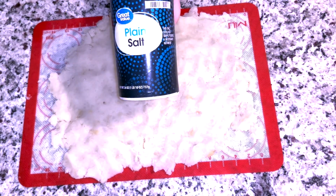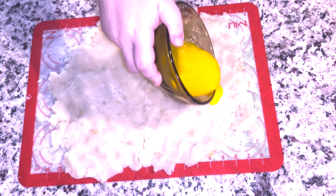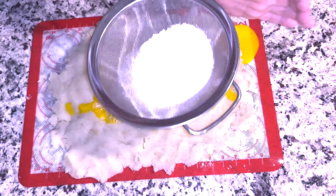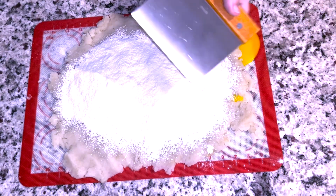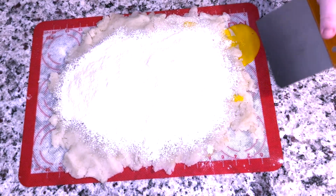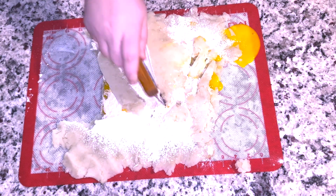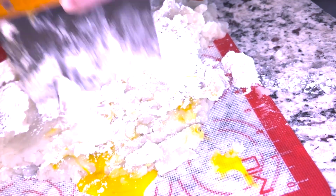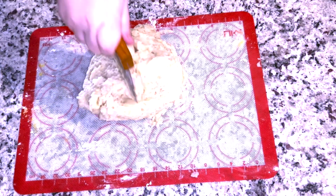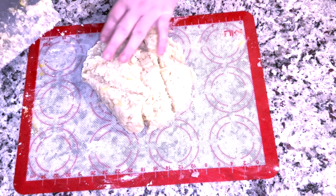We're going to add 1.5 teaspoons of salt. I have 3 large egg yolks that I have beaten together. And then we're going to sift 3/4 cup of flour right on top. With a scraper or really whatever you have, we are just going to start mixing and chopping all of this until we start forming our dough. So we have cut in the flour and the eggs, and now we're going to shape it into a ball